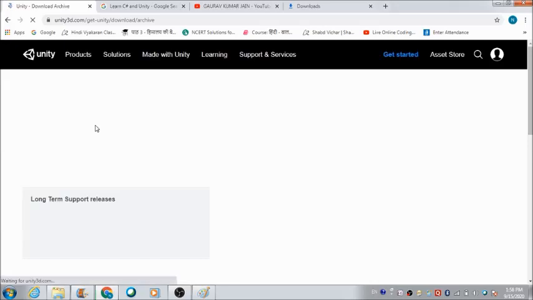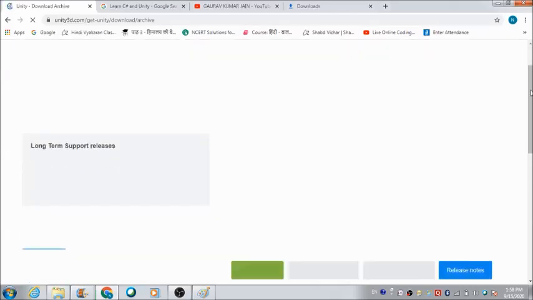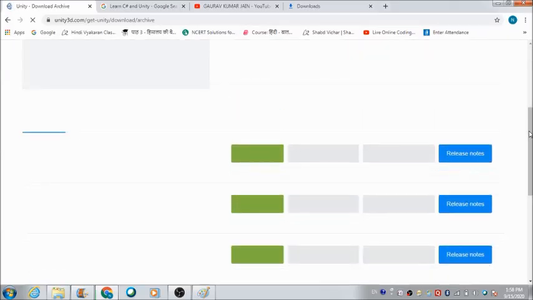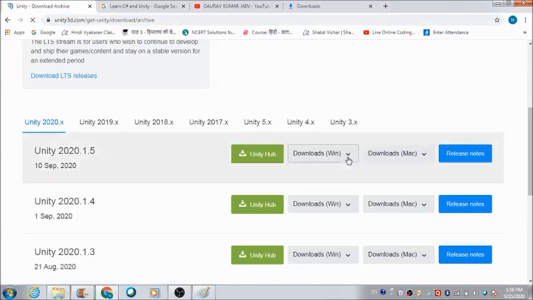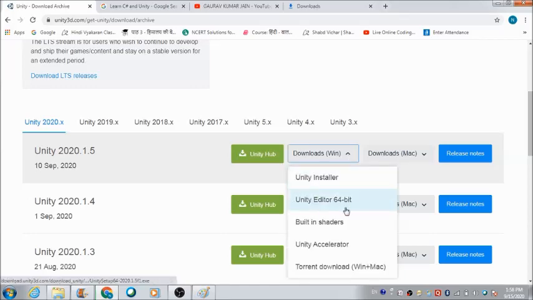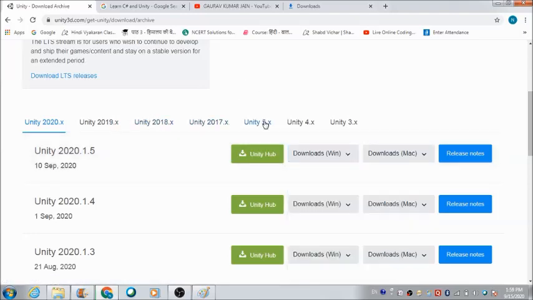So the operating system that is here on my laptop is of 32-bit. So that is the reason I will be downloading 32-bit software. If you have got a 64-bit operating system on your laptop or desktop, whatever system you have, you can download any version, whether it is 2020 you want to download or 2019. A 64-bit version of everything is available on this platform. What you have to do is just click on this drop down and automatically you will get to see a cascading menu in which you will find the 64-bit version appearing.